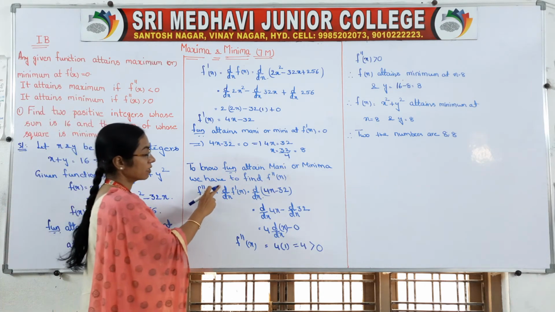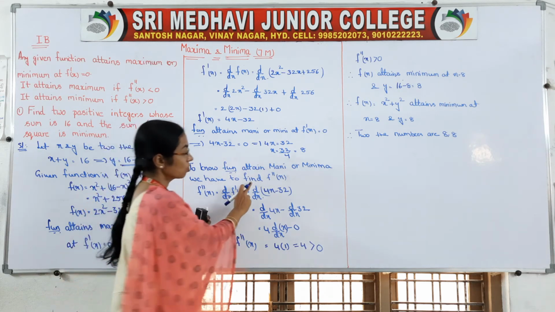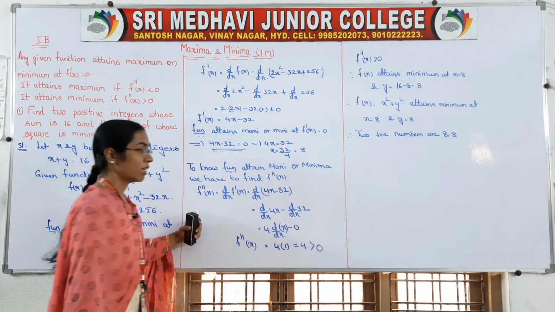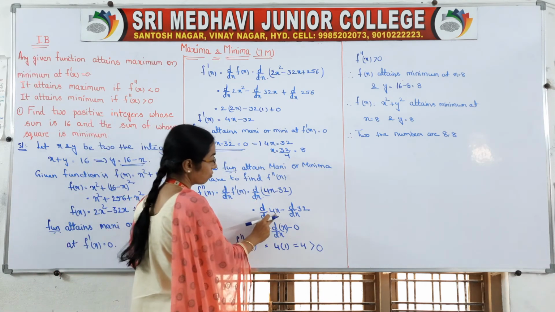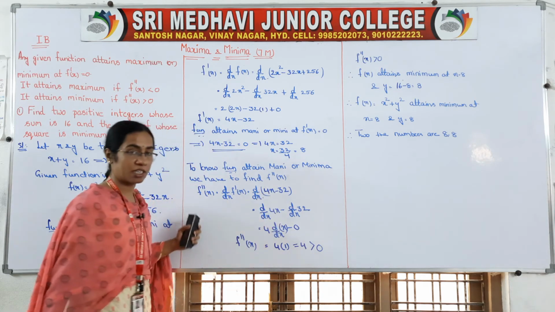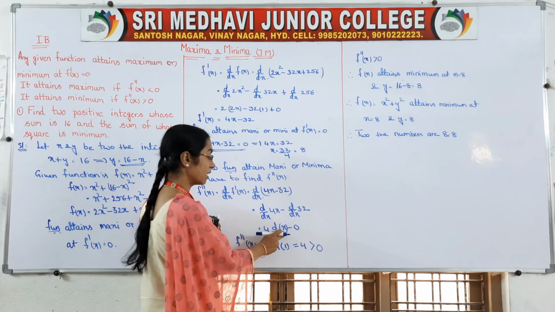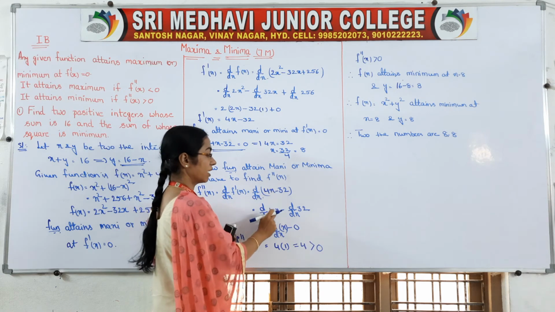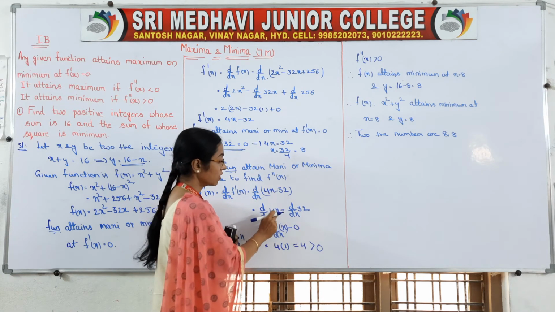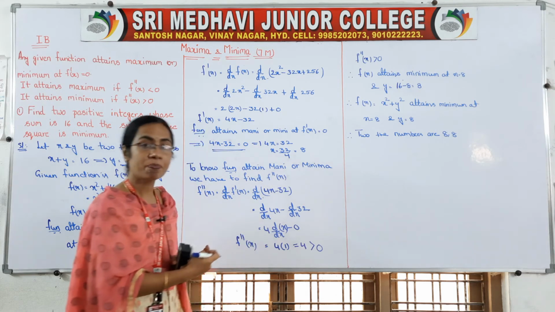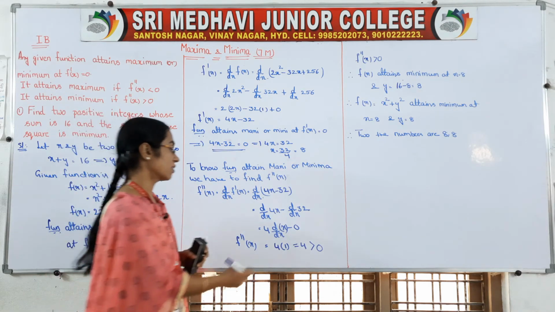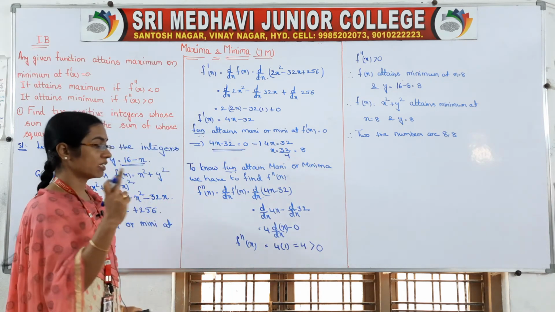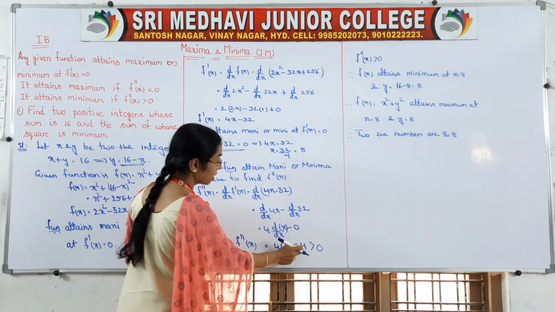So, f double dash x is equal to d by dx of f dash x. What is your f dash x? It is 4x minus 32. So, d by dx of 4x minus d by dx of 32. Here we have taken separate derivatives. A constant multiplied by a variable, the constant can be taken outside. So 4 into d by dx of x, and d by dx of 32 is a number, so it is 0. d by dx of x is 1. So it is 4 into 1, which is equal to 4.